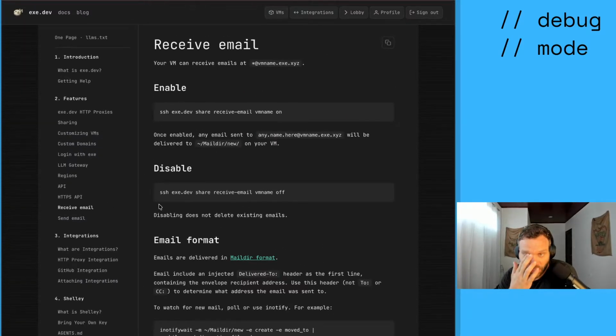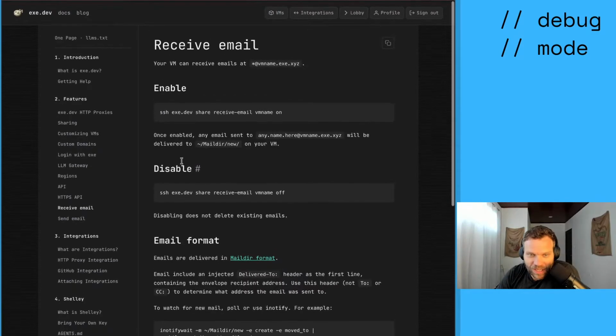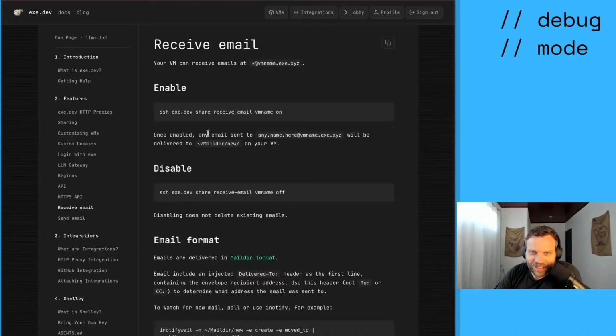Receive email. What is this? Your VM can receive emails. What the heck? Okay. I enable this. SSH exe.dev share receive email VM name on. And you just put in your mailer. This is great. Once enabled, any email sent,